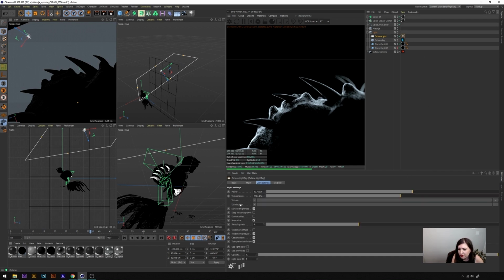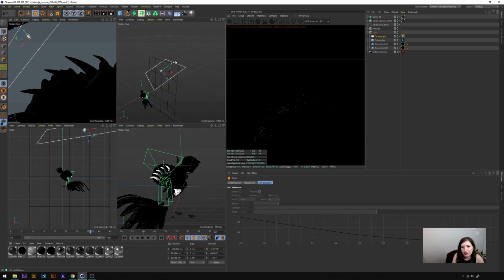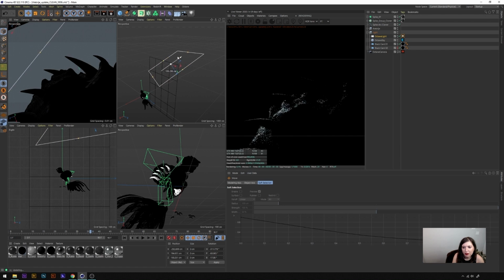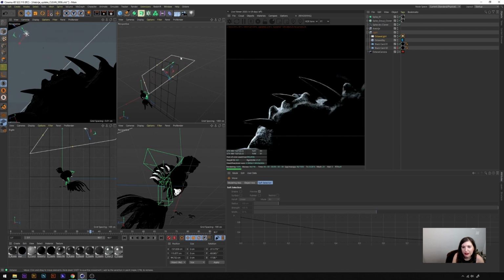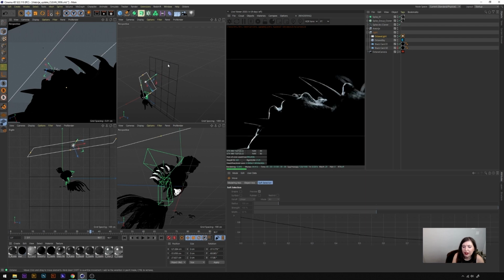Just to show you my light settings, I have this at basically 10. And a big part of it too is the size of the light. So I try to make this thing kind of wide so it has a big area, so that we're using one light. I made it a pretty big one so we can see what we're doing, because if it was small it would be a little hard to figure out